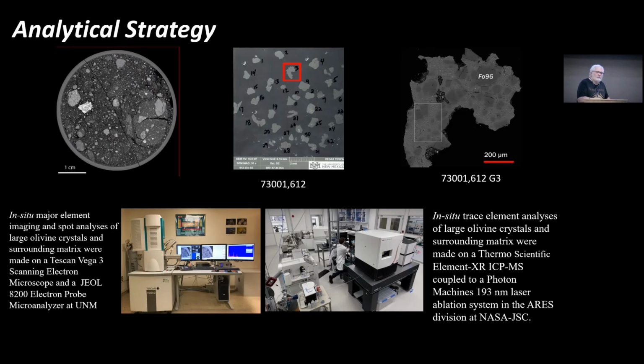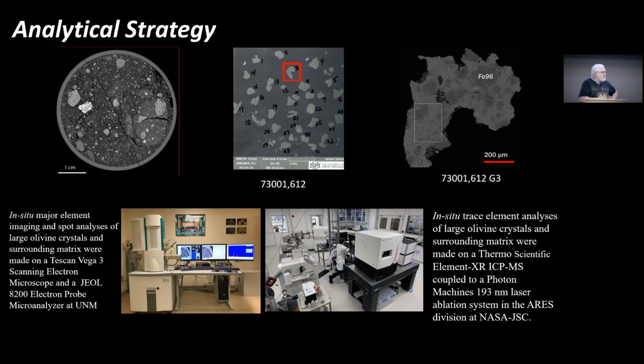And we've found a number of rock types within 73001, 73002 that we think represent melts, and this talk shows some of the characteristics and comes to the conclusion that these rocks are truly volcanic